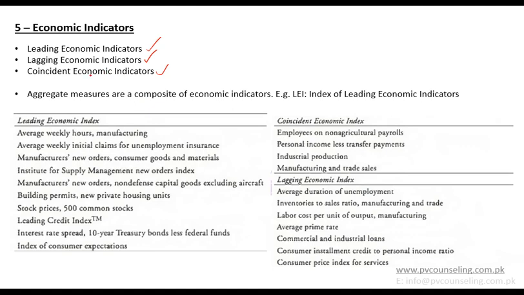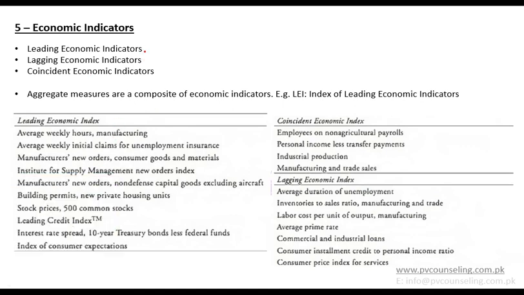Mostly an indicator would be coincident and leading at the same time. You will also see indicators being classified as leading, lagging, and coincident. For example, the inventory to sales ratio. If you look at it initially, a sudden change in it is a leading indicator. But if you look at a stable change in it, then it is a lagging indicator. So that's how it will work.